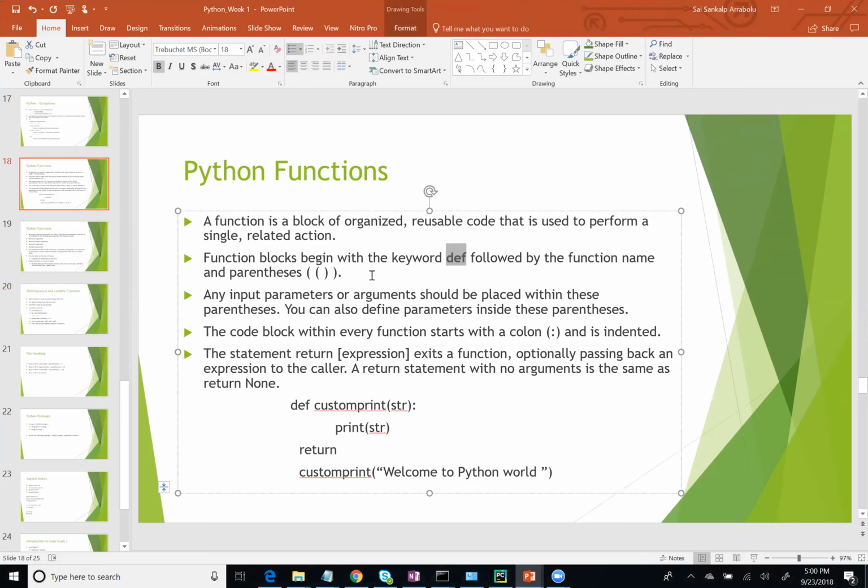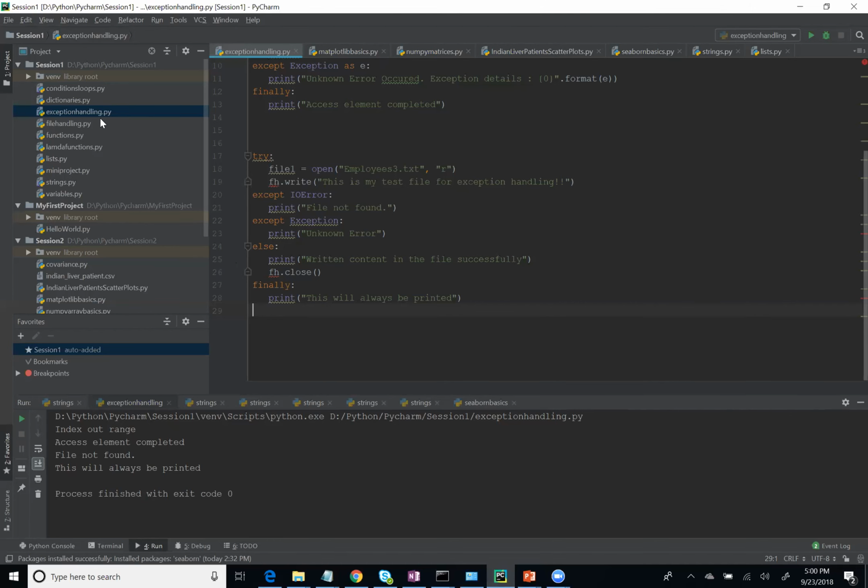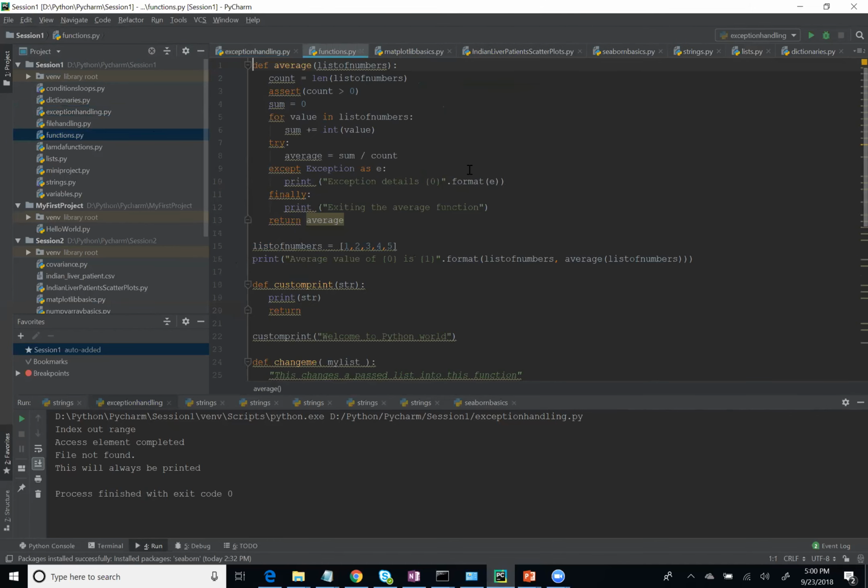Function blocks begin with the keyword def, followed by the function name and parentheses. Input and output arguments should be placed within the parentheses. The code block for every function starts with a colon and is indented. So let me show you a small example. If you go to functions,